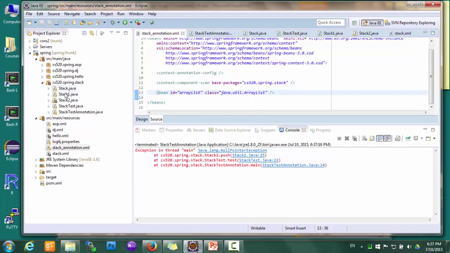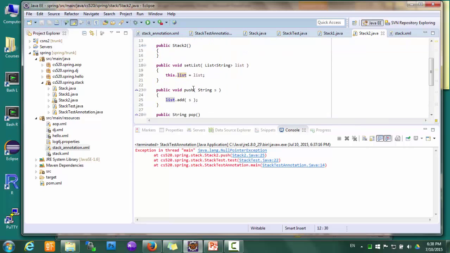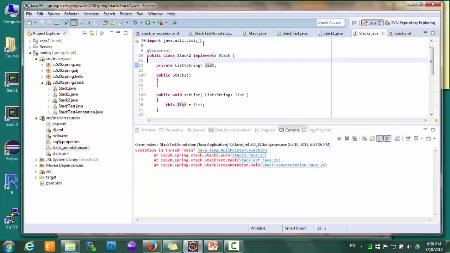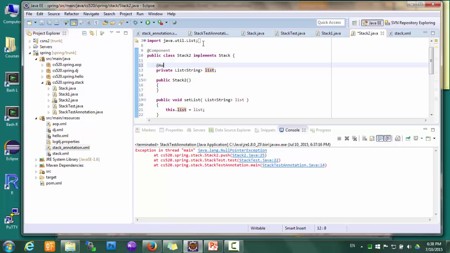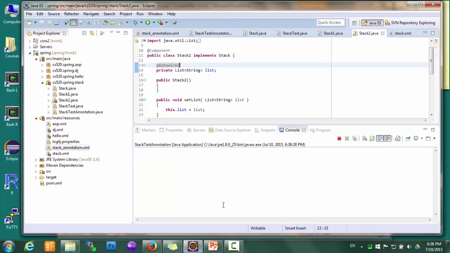So annotations can be used to create those stack and stack test beans, and then we can create additional beans just like before. So here we create an array list, and then we say let's wire that into stack 2, and if we run that